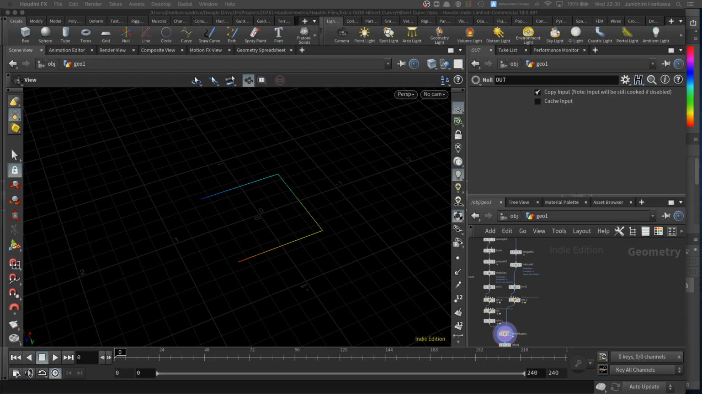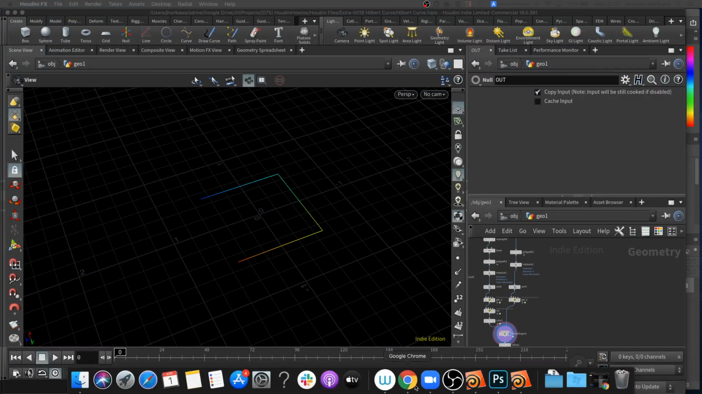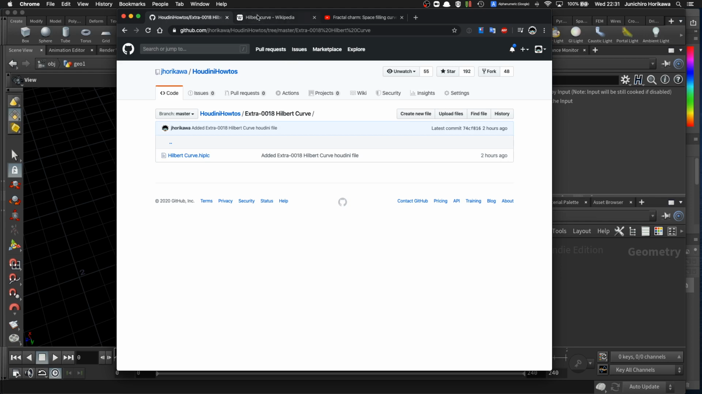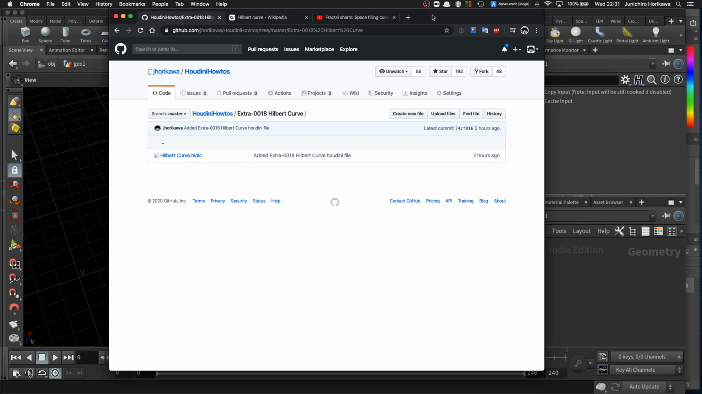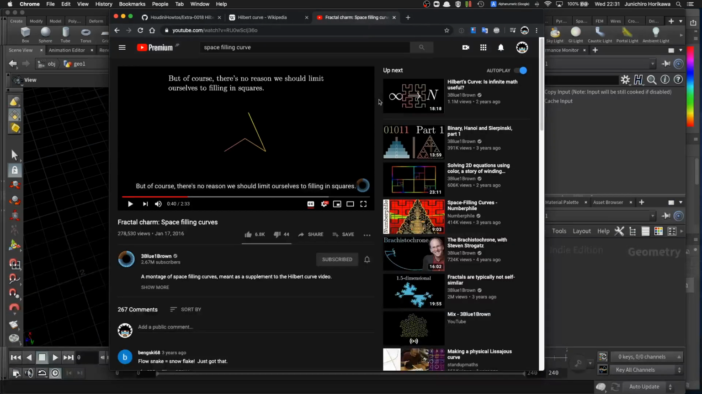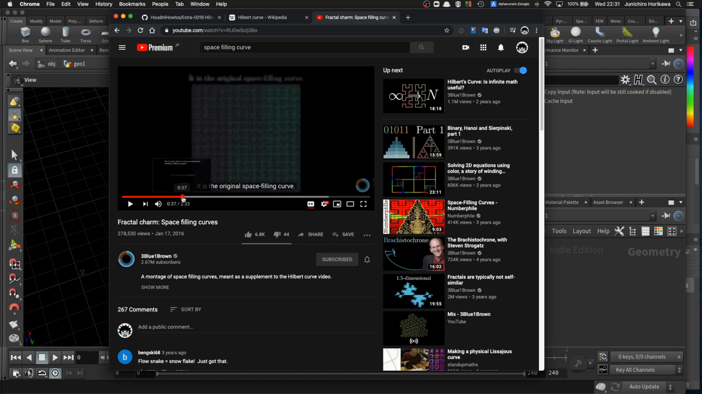Today I'm gonna create some interesting fractal shape using something called the Hilbert curve, which I found by searching on the web. The first time I came across this curve was by watching this video from 3Blue1Brown, which is a famous mathematics YouTube channel, and it's showing